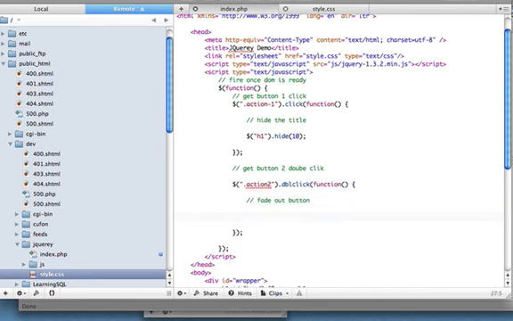And we're going to write a function which, because we're fading out the same button, we're going to get the same selector again. Class of action